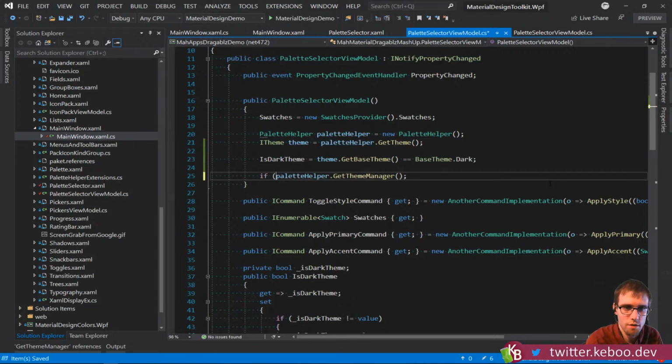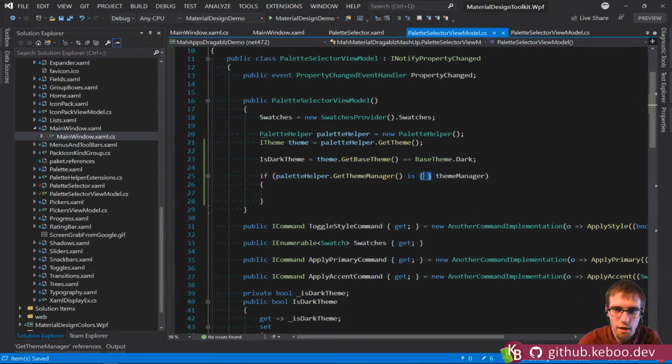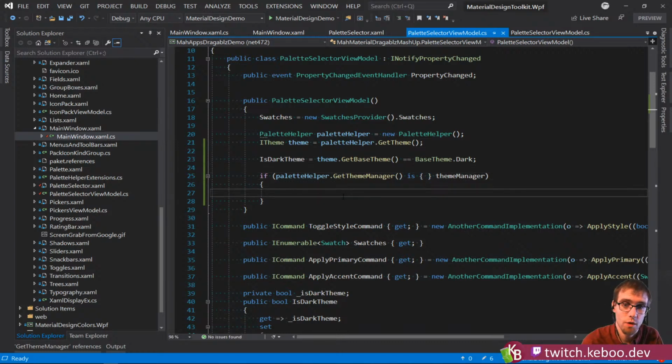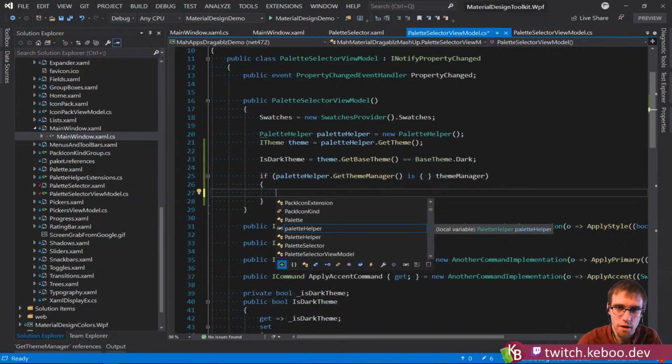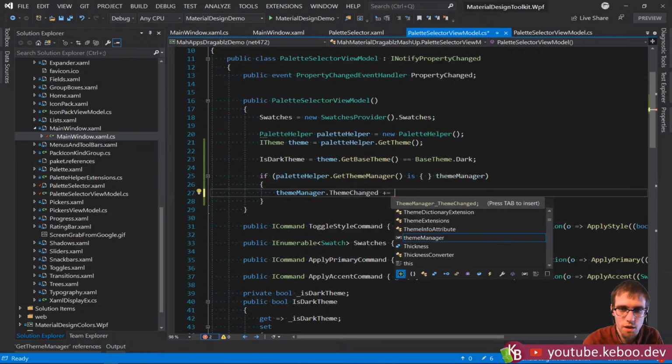How about let's do some pattern matching. So if it's null. So for those people who haven't seen it before, this is C#8 pattern matching. And this is the empty object pattern, so it will match any non-null value. And more importantly, if it's not null, it'll assign it into this local. So then inside of here, we can use theme manager with confidence. More importantly, this guy has a theme changed, so we are just going to grab a hold of that guy and do